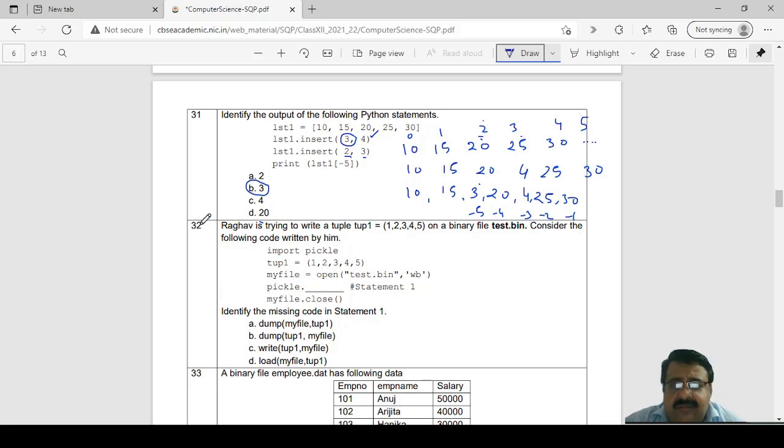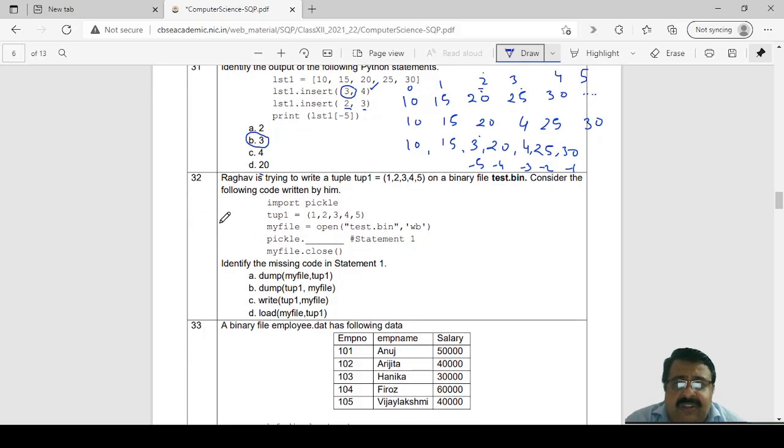Right? Question number 32. Raghav is trying to write a tuple tup1 equal to this on a binary file. Consider the following code, identify the missing statement. So missing statement is obviously pickle.dump.